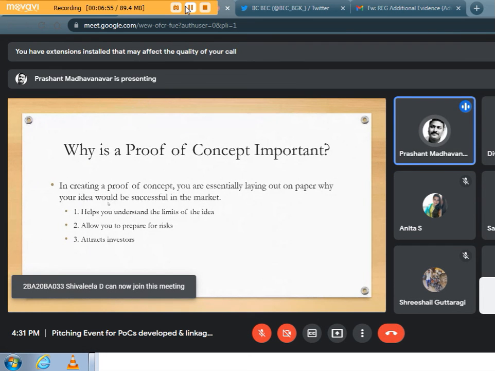So while proof of concept has several applications in different fields, ranging from marketing to medicine, when it comes to software development, say it